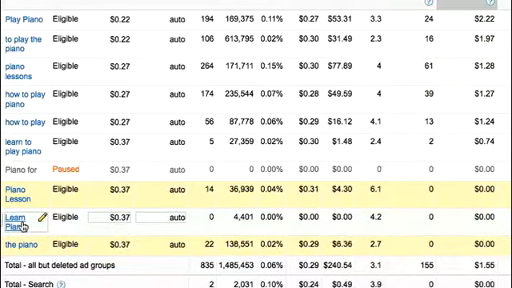But since it's Learn Piano, and that really does go along with what I'm teaching here with the free Lean On Me video and with the free video on my blog, then I'm going to go ahead and leave that one right now and see if I can just get some more traffic, okay? So we're going to do this change status to pause. And so I'm going to go ahead and pause those for now. Might delete them, might want to come back to them later on though, so I'm not going to delete that yet. I'm just going to pause it.